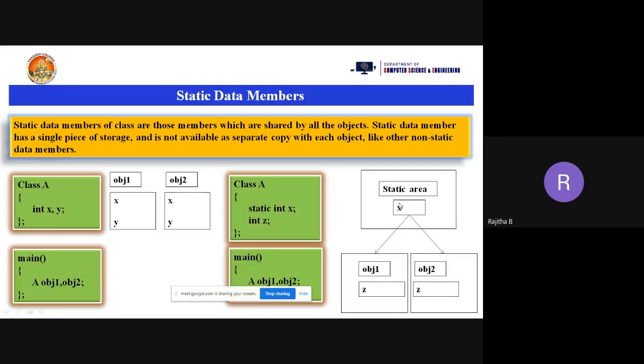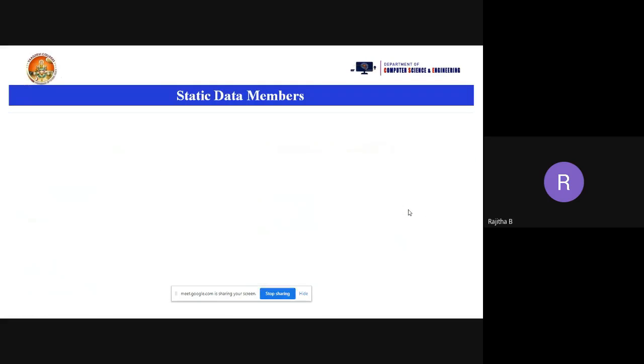But you cannot assign a value to your x data member here. Why? Because the memory allocated for x is different and the memory allocated for z is different. You can assign values to the z data member of object 1 and object 2 using a constructor, but it is not possible to assign a value to the x data member using a constructor. So that is the static data member.